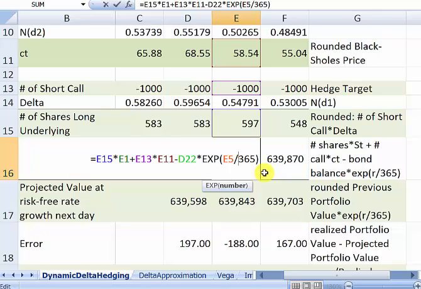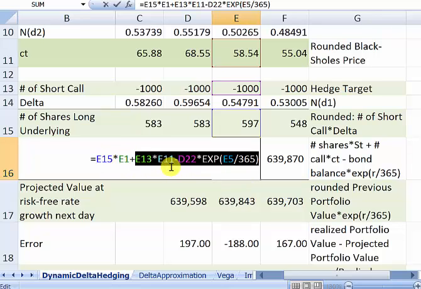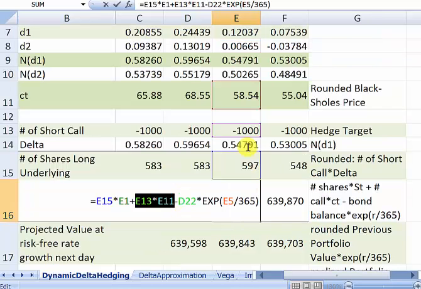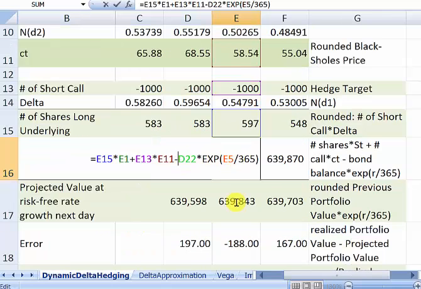To say we have this many shares, and this is the first term, right, and then we have this liability in terms of written options, the call option price, right, and 1,000, the purple cell, 1,000 written options, and then minus the bond position